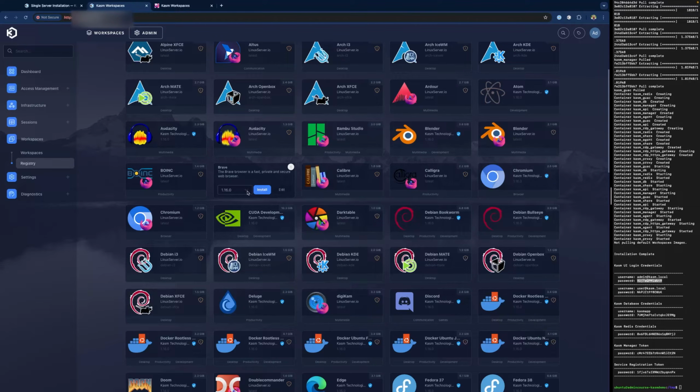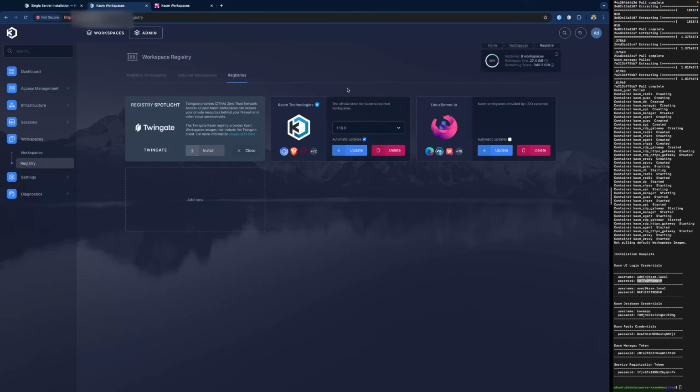New for 1.16, we actually provide other tags that are available for you to select. At the workspace level, I can select different tags. And in the registry, you also have the ability to set the base image here. We have 1.16.0, 1.16 rolling weekly, and 1.16 rolling daily.